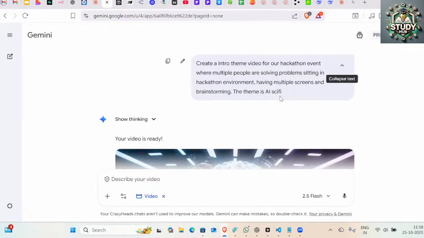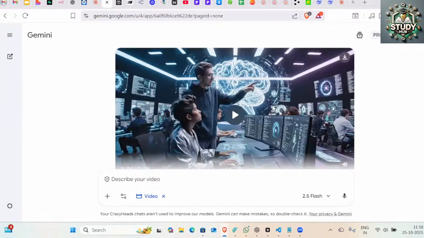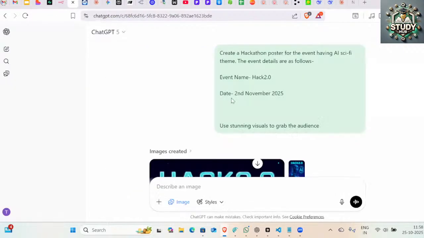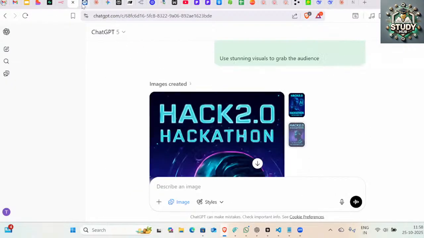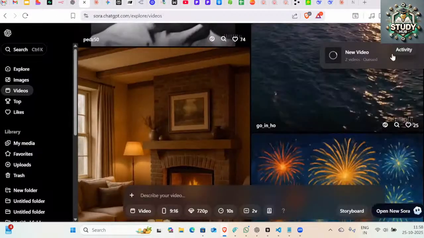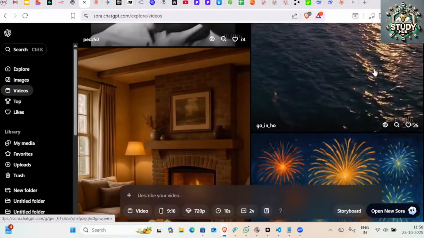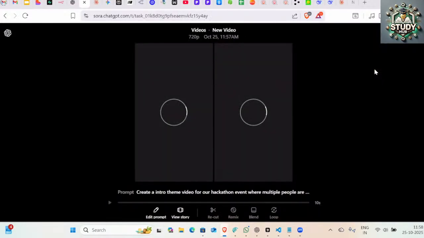I can mention it. By the way, I would have mentioned what audio you want, what the AI should speak in Veo 3, because it supports audio. But in Sora, the previous one, the earlier model which we are using, doesn't support any audio as of now. And for audio, I have a very different tool which I'll cover towards the end of the session.